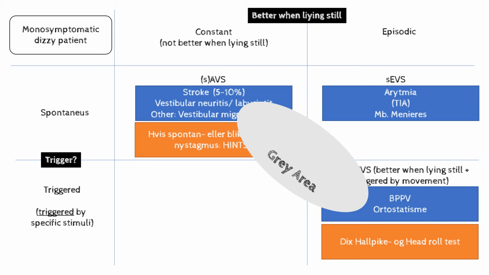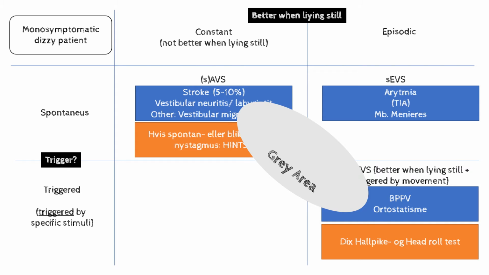And sometimes you have a classical history of BPPV, but the patient is still having nystagmus at rest, even though they waited for 5 or 10 minutes. And with these patients, I would say either you go do the HINTS test, in which case it usually will be central,